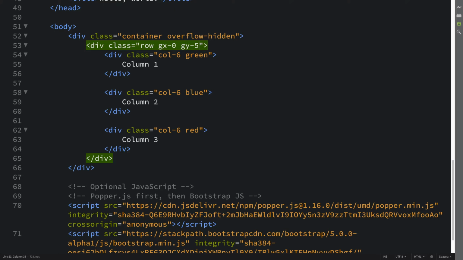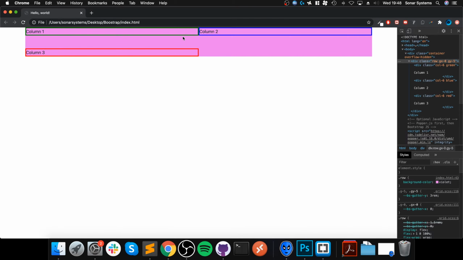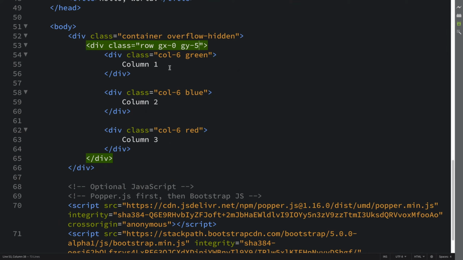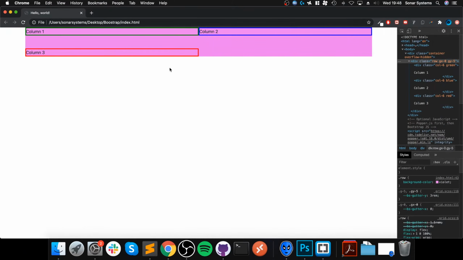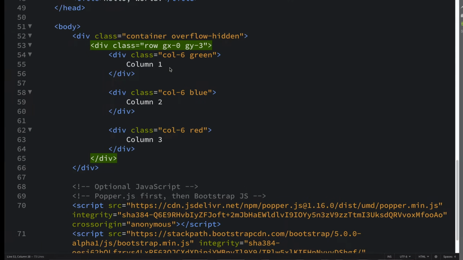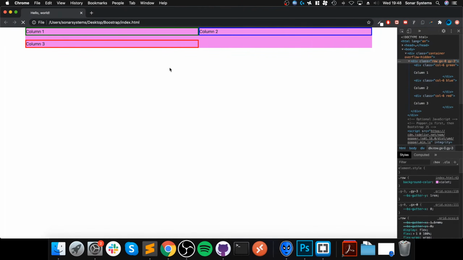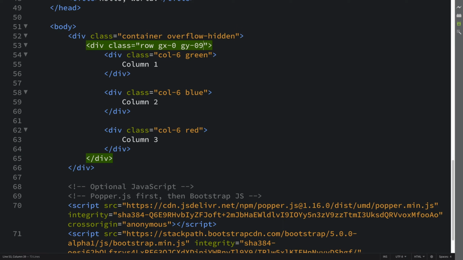So let's show you 5. That's what that's like. Let's put a gap between them without putting break rules or any manual padding or margins. If I put 3, it's going to be a little smaller. And if you put 1, it's a little bit of a gap. And if I put 0,